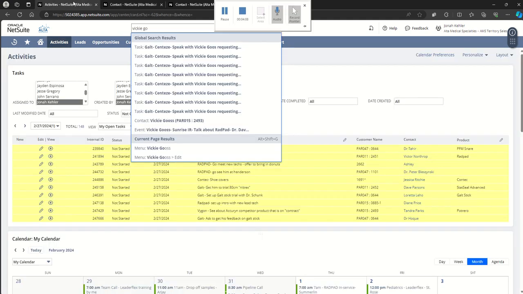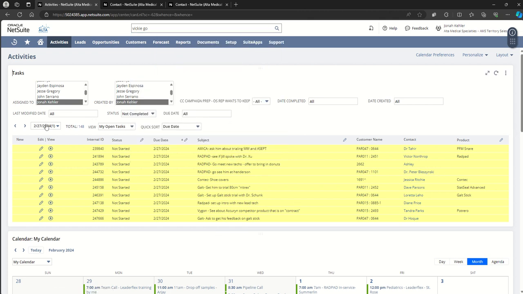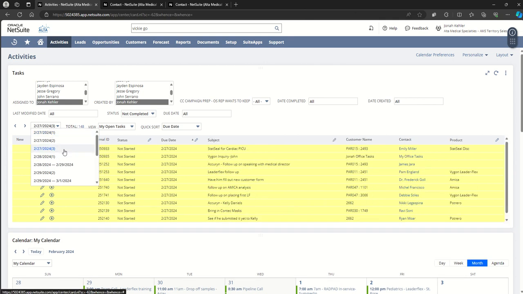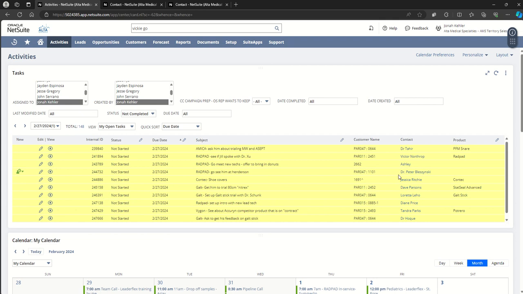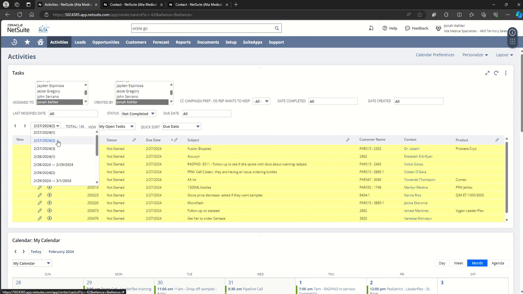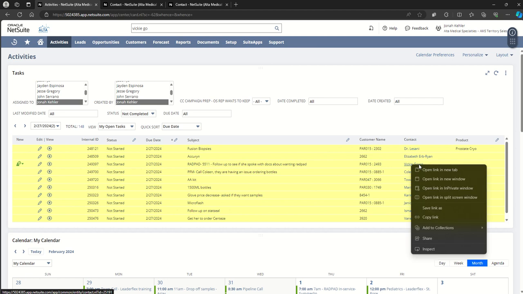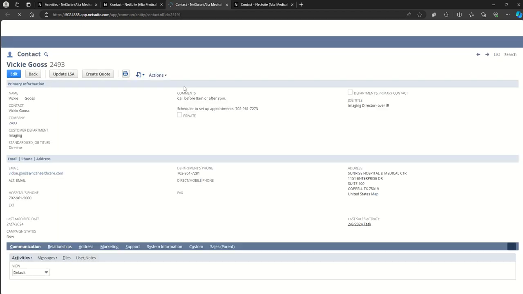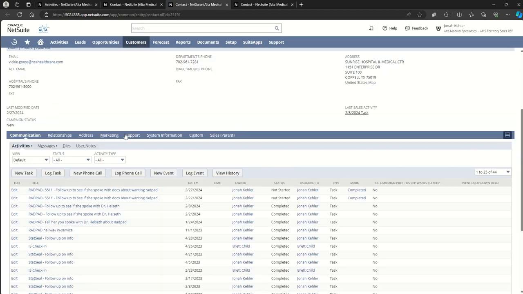So in the beginning of the day, when you see your task list, you'll see Vicky on here. Let's see. She is on page 2, Vicky Goss. Here's her task. And then if you call her and say you set up the appointment, then what you'll do is right click on the contact, go into the contact, click on the task that you completed,